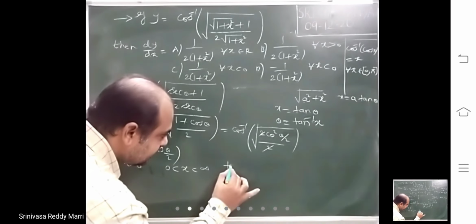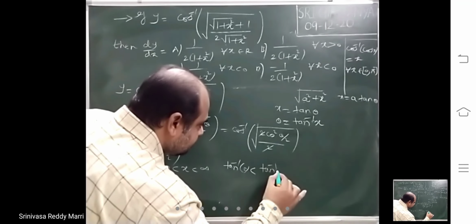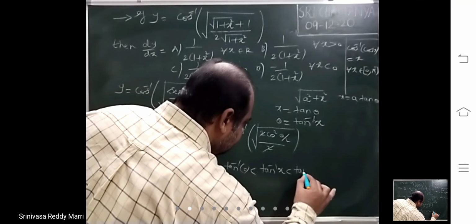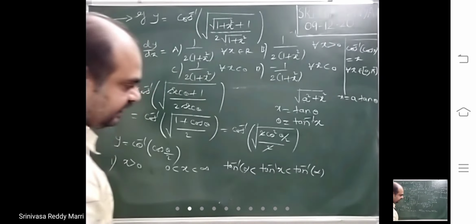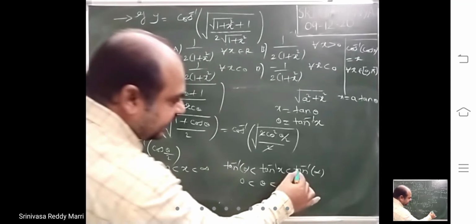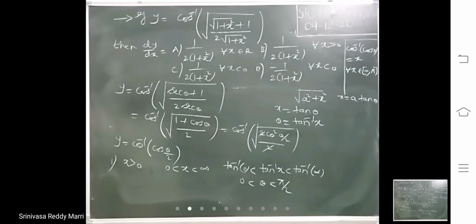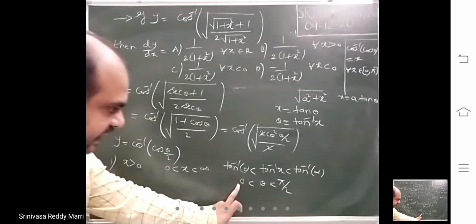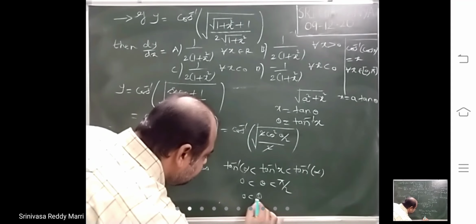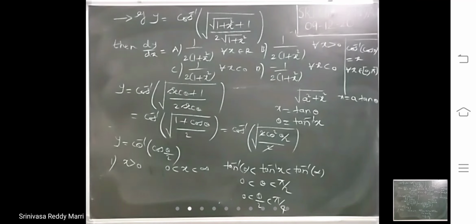Apply tan inverse here. Very important model, listen carefully. You have to know about theta for writing the formula. Tan inverse of 0 is 0, and tan inverse infinity means tan inverse tan pi by 2. So if x is greater than 0, theta lies in the interval 0 to pi by 2. But we want theta by 2, so if we divide by 2, it is 0 to pi by 4.